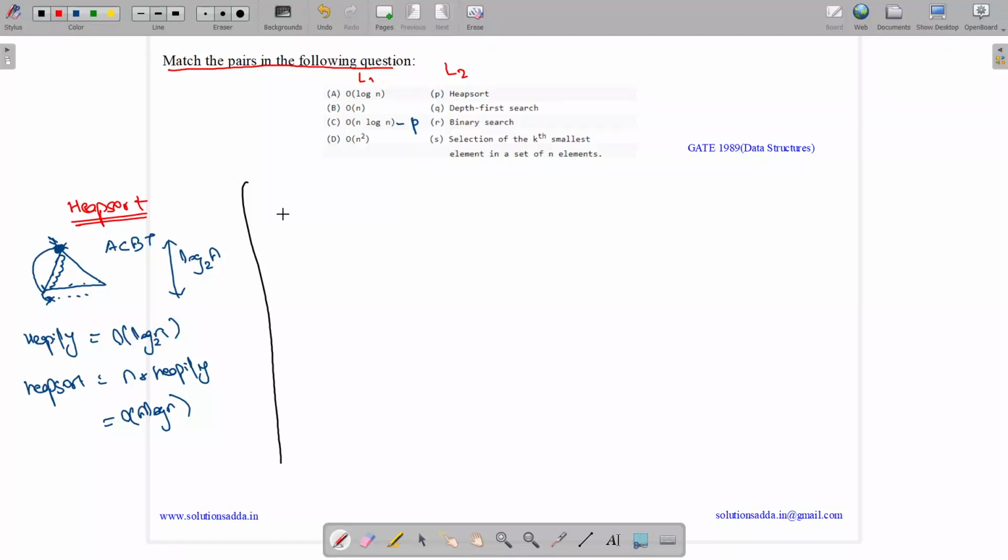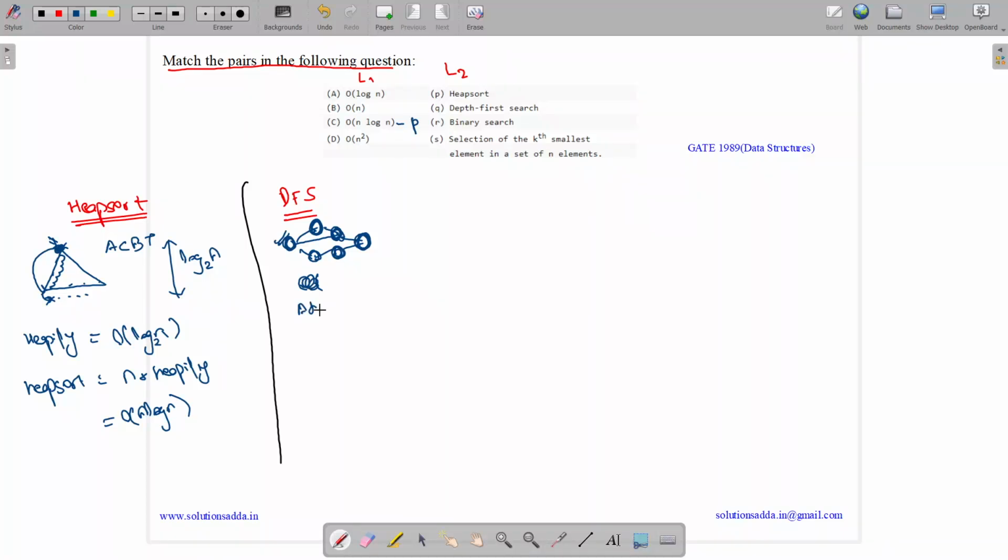The next one is DFS, depth first search. We know what a DFS is. A DFS is nothing but we would be given a graph and then we can start with any vertex and we need to traverse it depth first. Like suppose if we come over here, then the next vertex will be here, then the next one will be this. We will go to the entire depth. The next one will be this, the next one will be this. So the complexity is equal to order of, there are two methods to represent a graph.